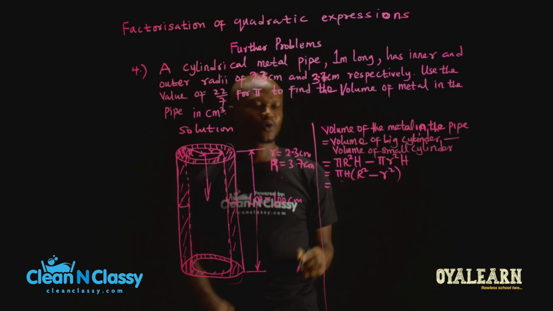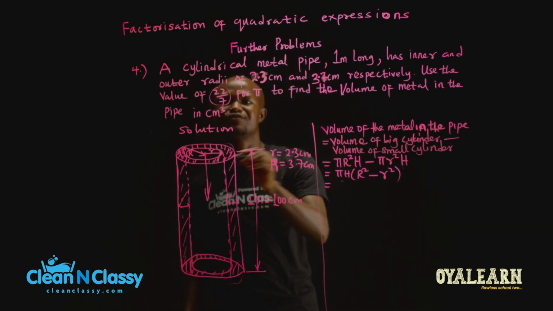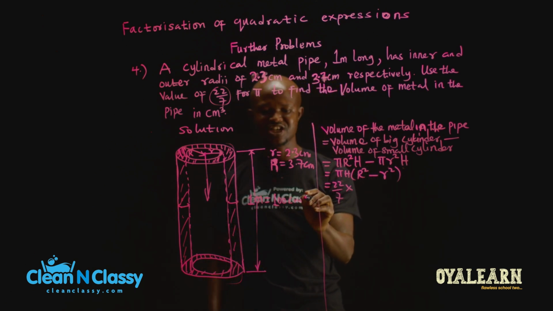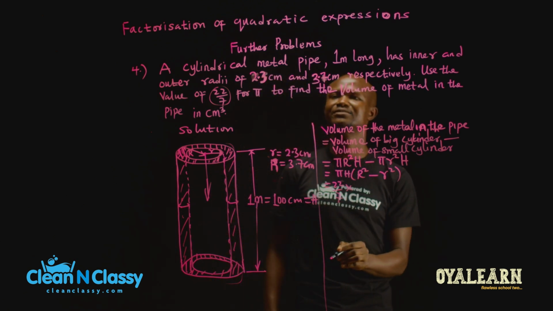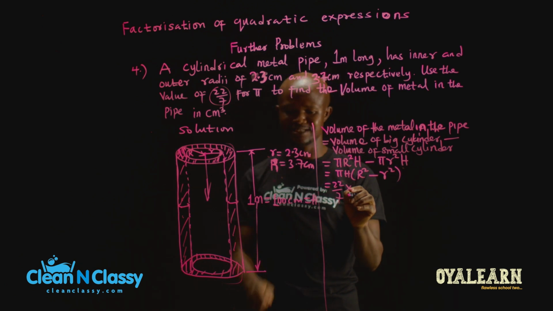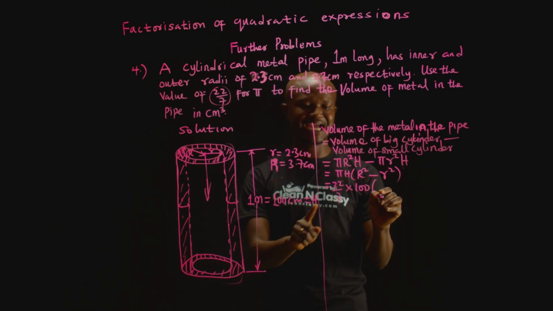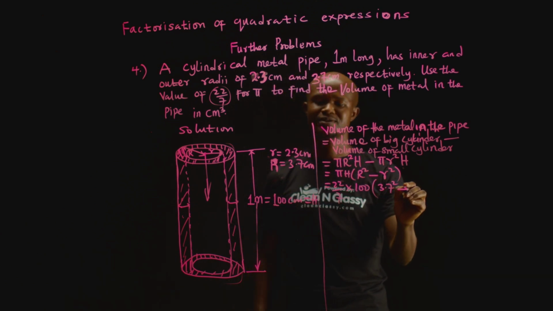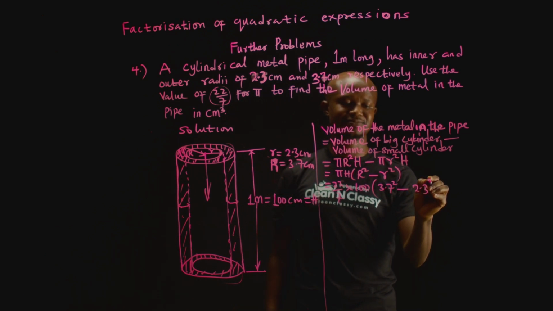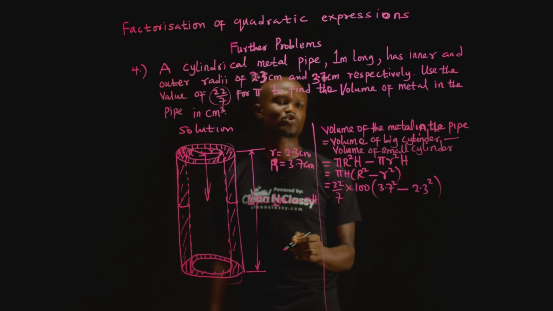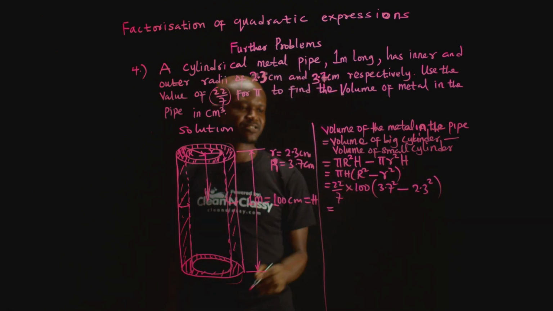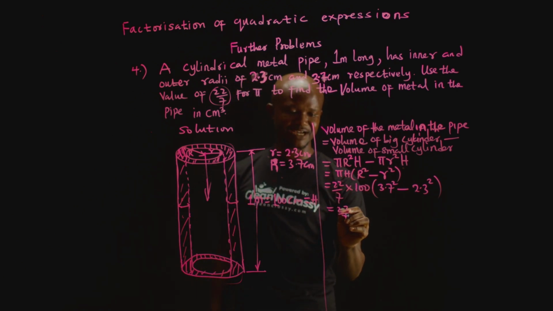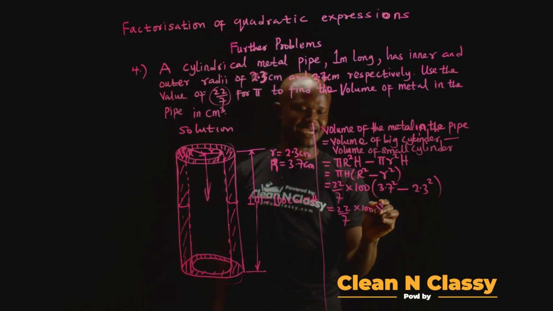So what is pi from the question? Pi is given as 22/7. And what is h? That is the length of the metallic pipe, so that's 100. Then big R is 3.7, so we have 3.7 squared. Small r is 2.3, so we have 2.3 squared. So we can now simplify further. We have 22 divided by 7 times 100 times